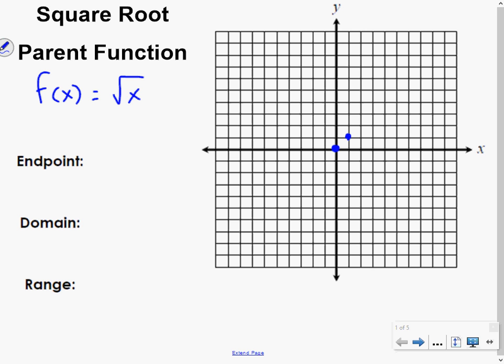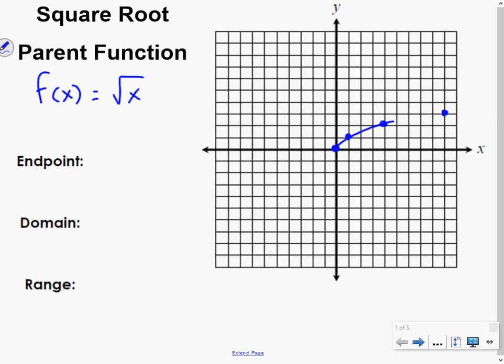The next x value I could square root would be 4. So if I have an x value of 4, I'm going to get a y value of 2. And the next x value I can square root would be 9. Square root of 9 is 3. So you can kind of see how I'm piecing my graph together here. Now, if I were to type this into my calculator, graph it, look at the table, you're going to notice